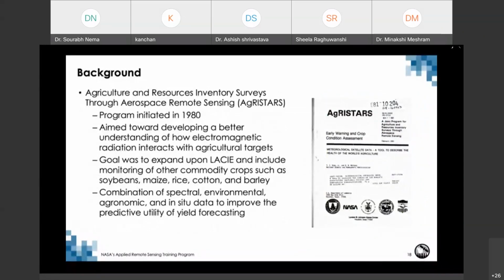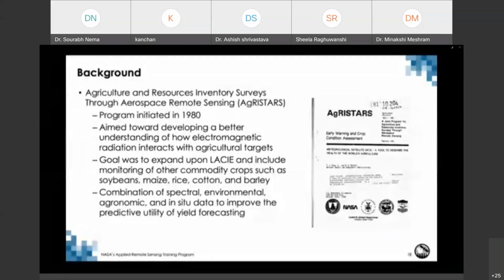Building on the successes of LACY and ARS's Wheat Yield Project, another joint program was sponsored by USDA, NASA, NOAA, and the USAID in 1980. The program was named the Agriculture and Resources Inventory Surveys through Aerospace Remote Sensing, or AgriSTARS for short. During the 4-year duration of the program, researchers sought to determine the feasibility of integrating remote sensing technology into existing